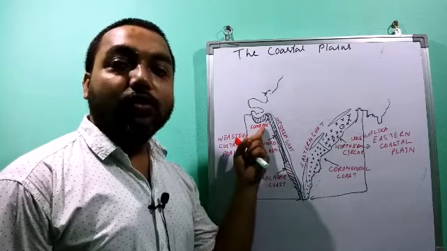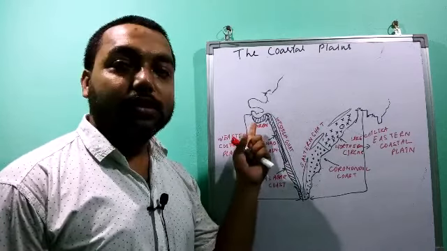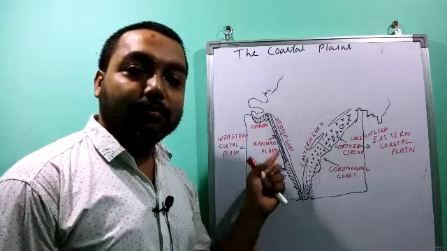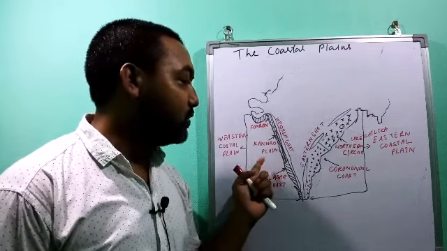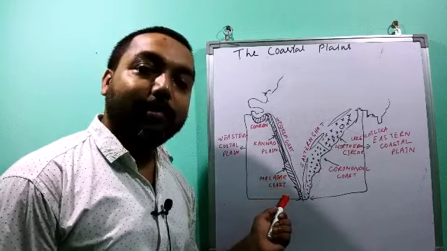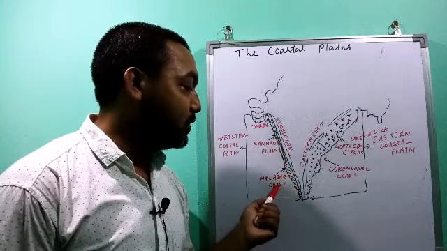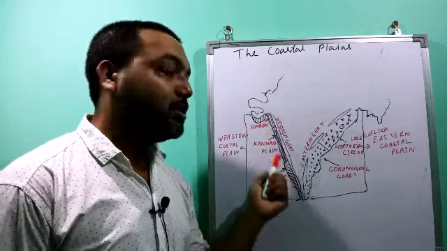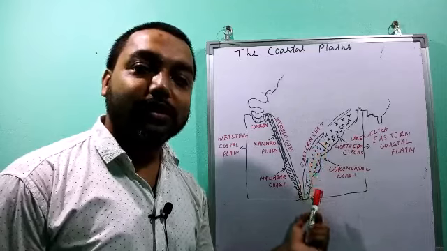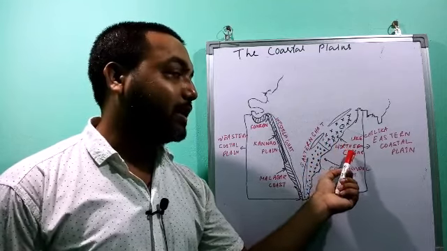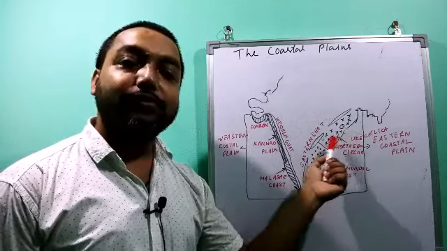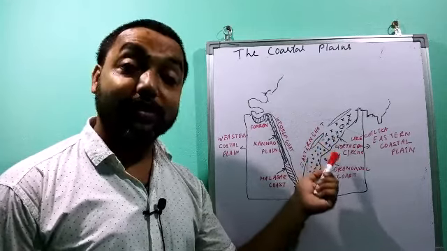The northern part is known as the Konkan. It is in Mumbai, Goa. The middle part, towards the south of Konkan, is known as the Kannad Plain, and the part towards the southern end of this coastal plain is known as the Malabar Coast. These are the three divisions of the western coastal plain. The eastern coastal plain is also divided into two distinct divisions: the northern part is known as the Northern Circars, and the southern part is known as the Coromandel Coast.